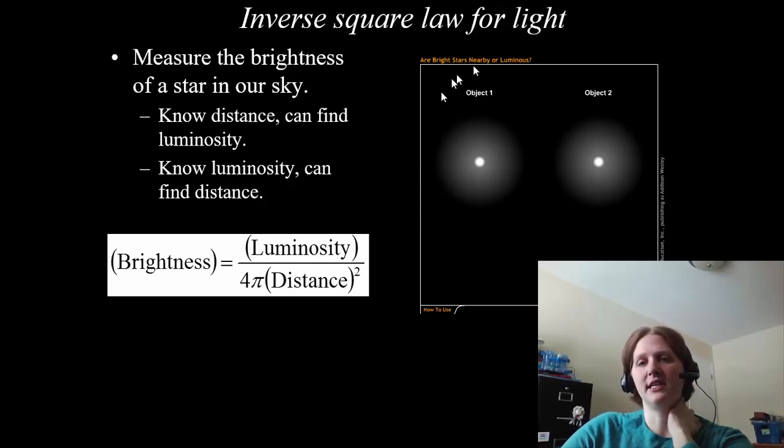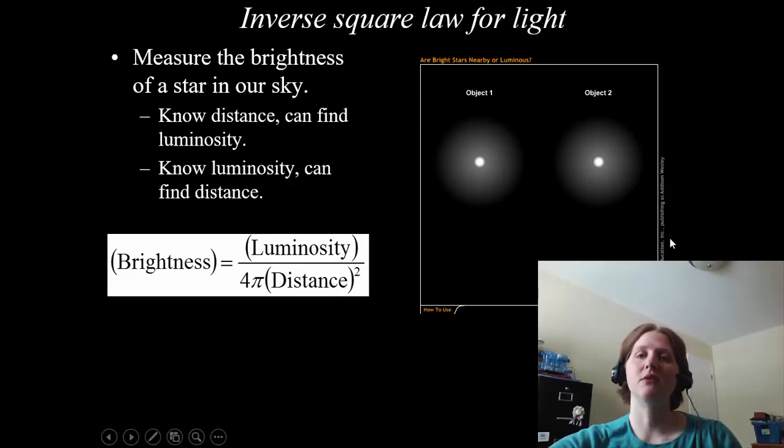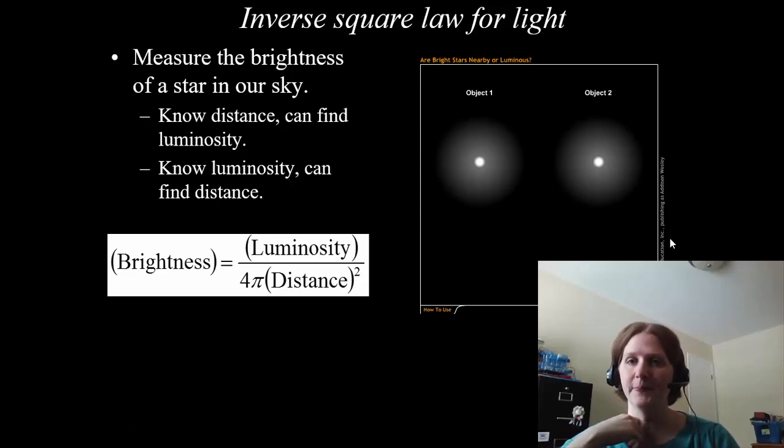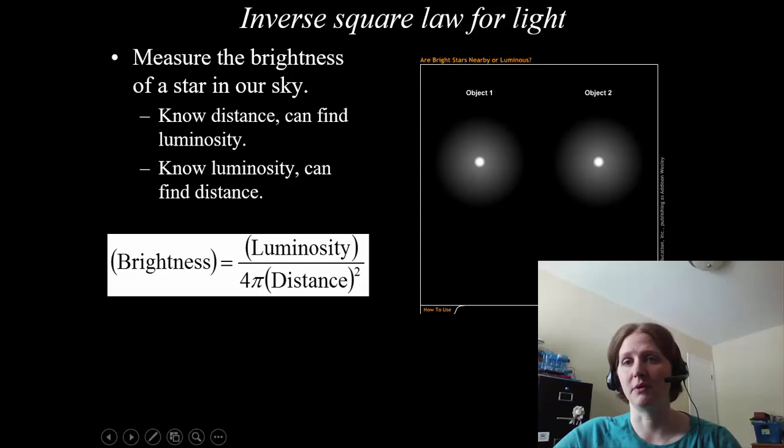So let's start here. Both of these objects, object 1 and object 2, appear to me right now to have the same brightness. They look the same to me. But without more information, I can't really tell which one is more powerful, which one is giving off more actual power. So if you reveal the objects, if you have a little bit more information,